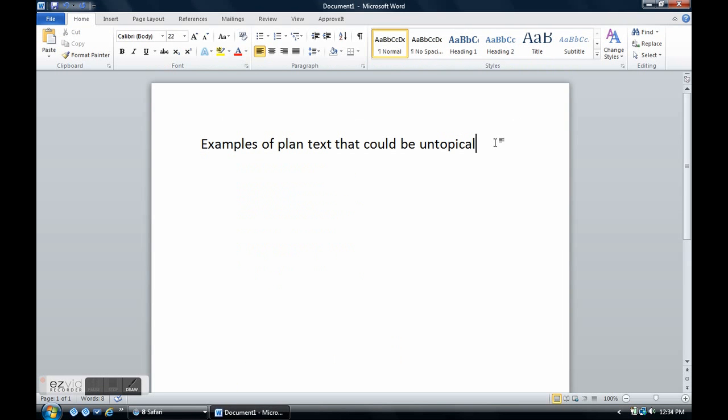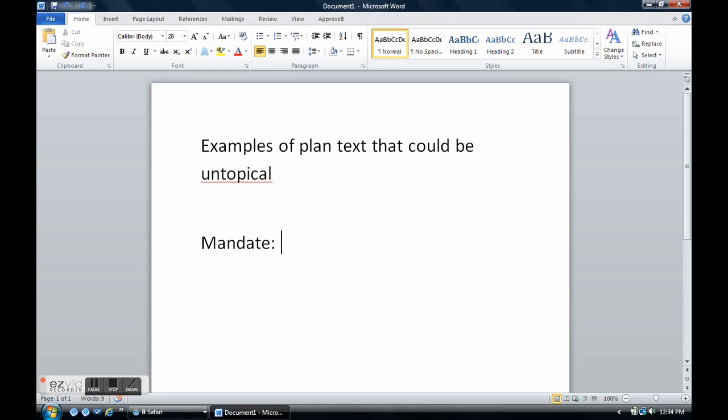So, some plans that could be considered untopical. When you look at a plan, you're primarily looking at a mandate. So you can only run it off of what that plan text says. For example, a mandate to take Cuba off the terror watch list would perhaps be an untopical mandate. The word in the resolution it would violate would be economic engagement. Taking someone off the terror watch list isn't really an economic move, although there are probably economic